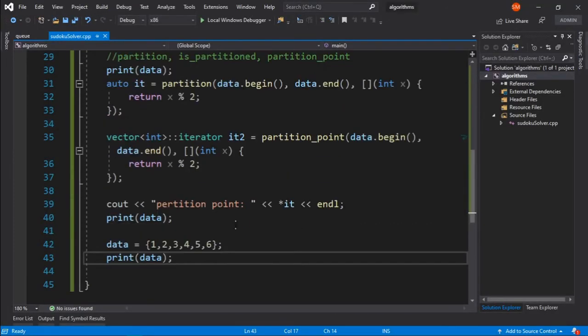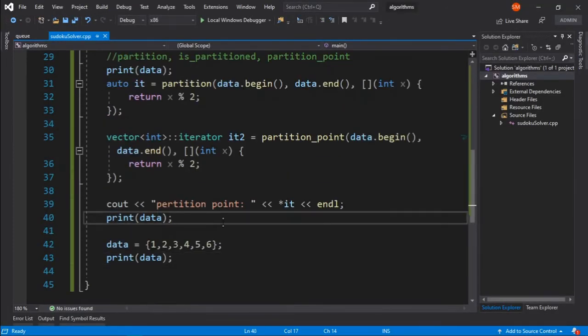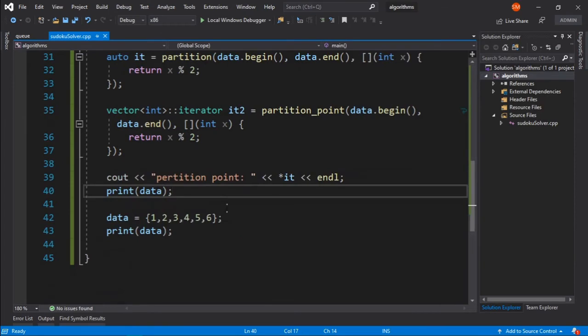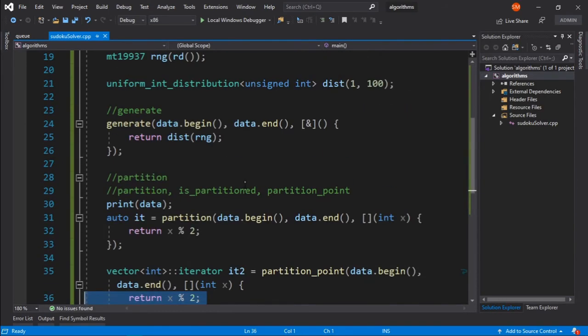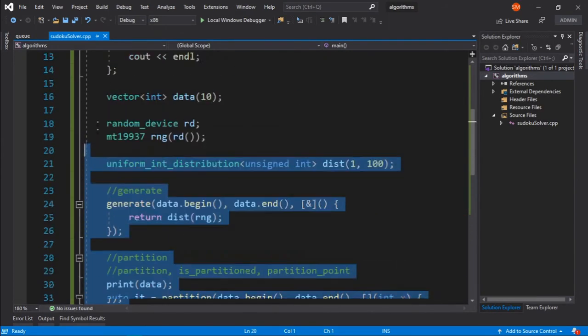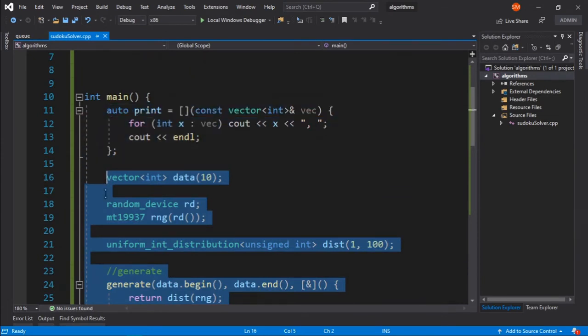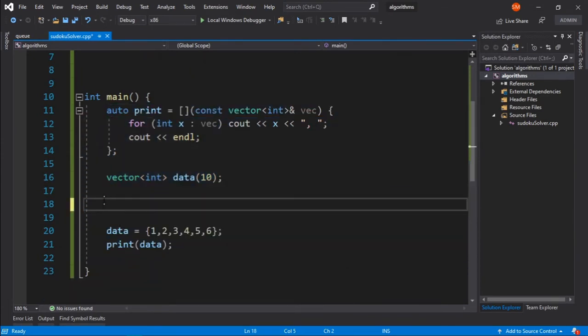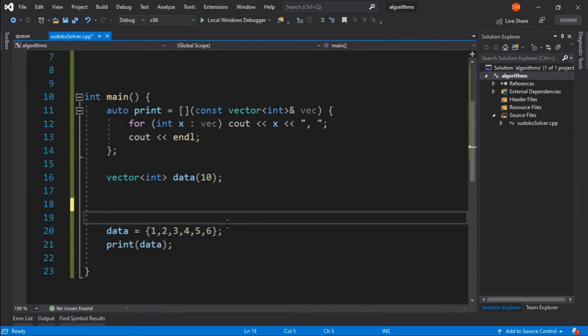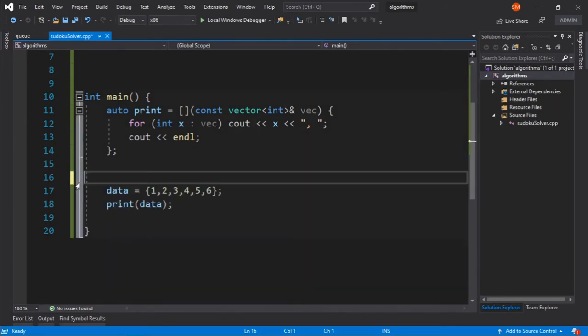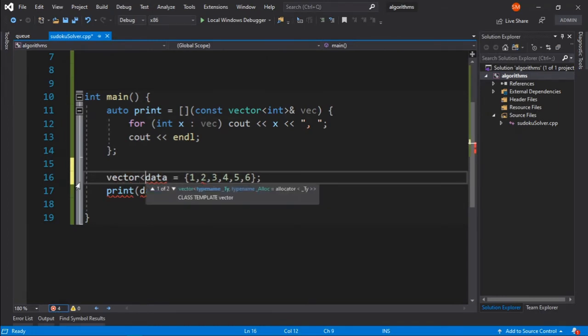And now we can remove all these things because they are not needed anymore, I guess. Okay, so we have our data here, and we can just say vector of int data.